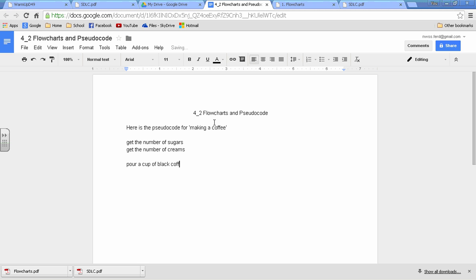And yeah, this step, we could add more detail to this. Like, how do we make coffee? Well, we need to fill the coffee pot, and we have to put that in the coffee maker, and we have to have so many scoops of coffee grounds and so on. But for now, we're going to pretend that that's made, but we could add more detail here. So pour a cup of black coffee, and then we're going to actually loop,